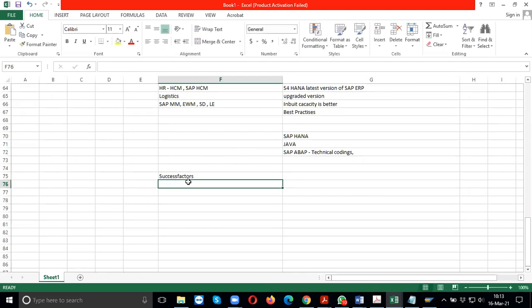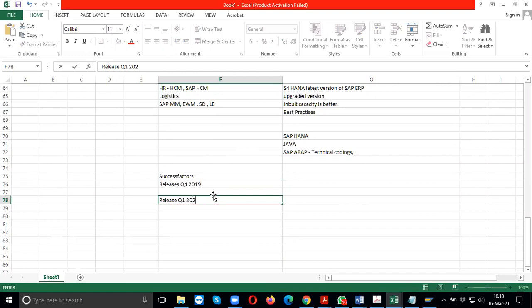SuccessFactors' last release was Q4 2019. Then it was released again, and the last release was Q1 2020. After that, it is still not upgraded because of COVID. So the latest release is this.